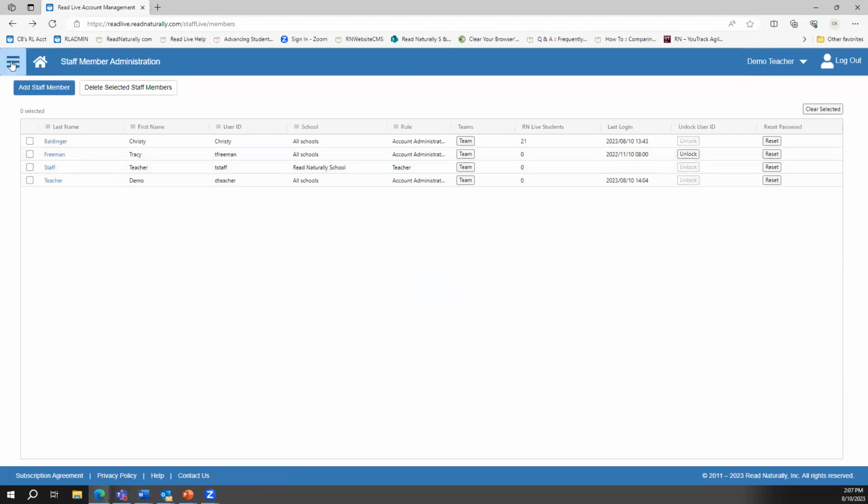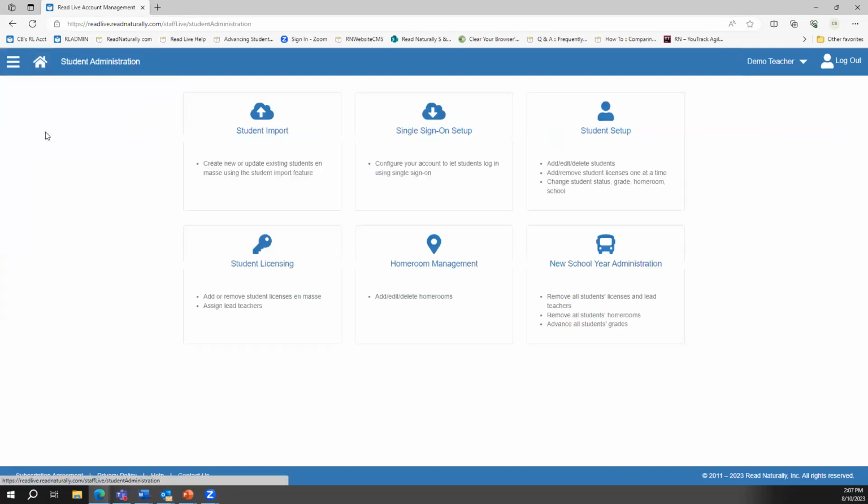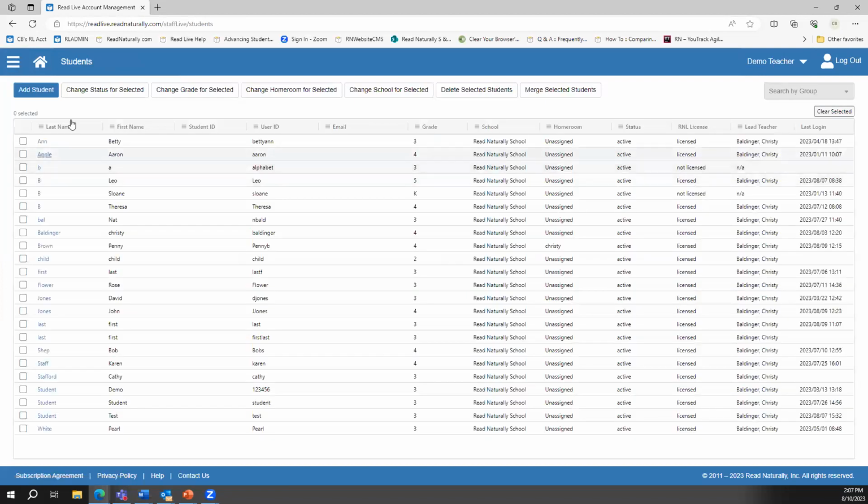Once you've added your staff members, depending on their role, they can add their students or you can add students to the account. To add students individually, you'll click on Student Administration from either one of these menus, and then Student Setup. In the upper left corner, you can click on Add Student,